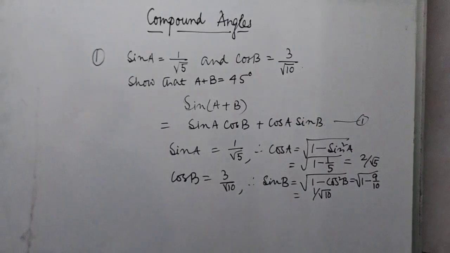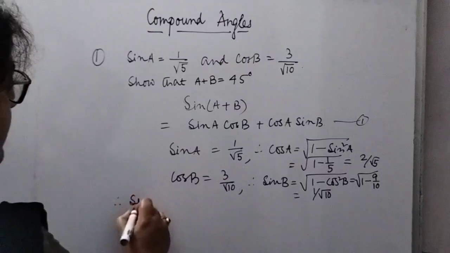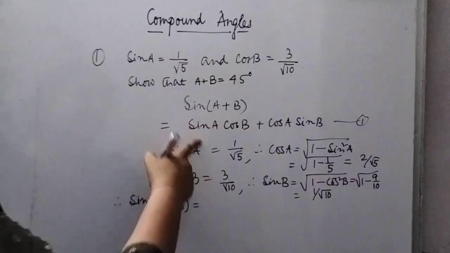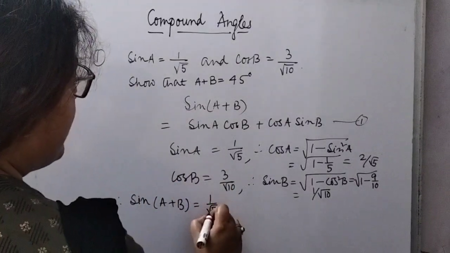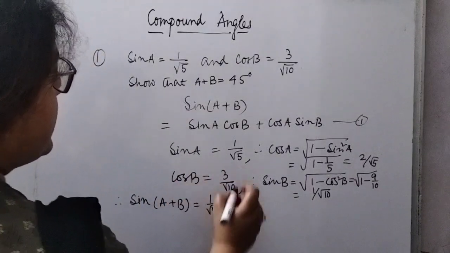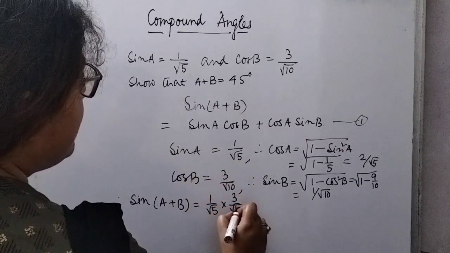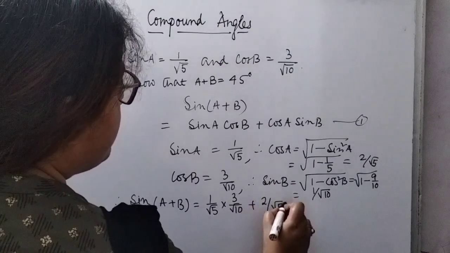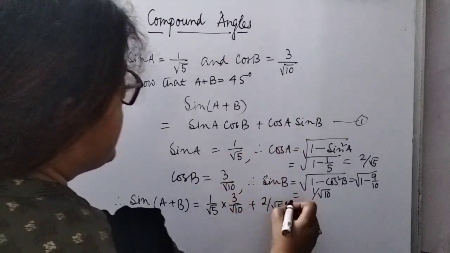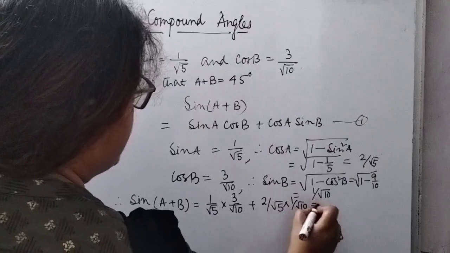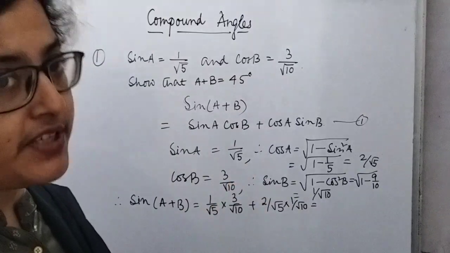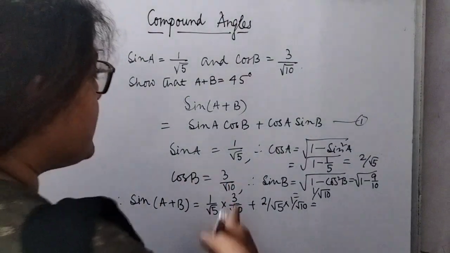So now let's use these values in expression number 1. So here we get sin A plus B equals sin A, which is 1 by root 5, times cos B, which is 3 by root 10, plus cos A, which is 2 by root 5, times sin B, which is 1 by root 10. And here all the positive square roots are considered because the angles are in the first quadrant. So here we get 3 by